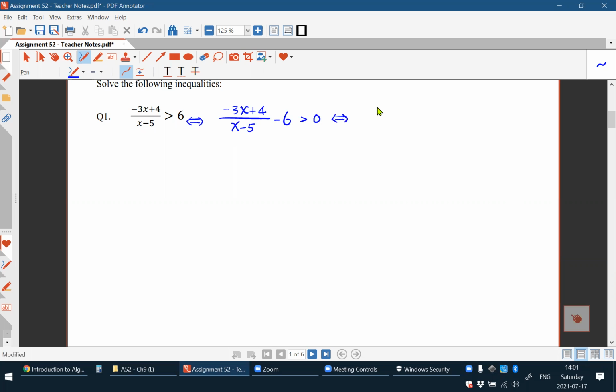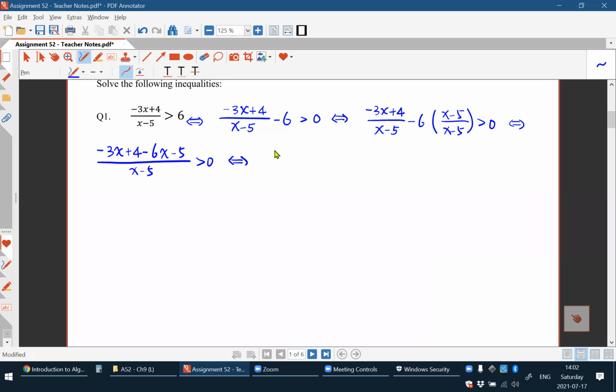And then it is equivalent to, let's rewrite the expression here using the common denominator, which is x minus 5. Okay, and simplify the numerator. Minus 3x minus 6x gives us minus 9x. And plus 4 minus 5. Sorry, this is not minus 5. It should be plus 30, right? Minus 6 times minus 5 is plus 30. So minus 9x plus 30 plus 4 is plus 34. Divided by x minus 5